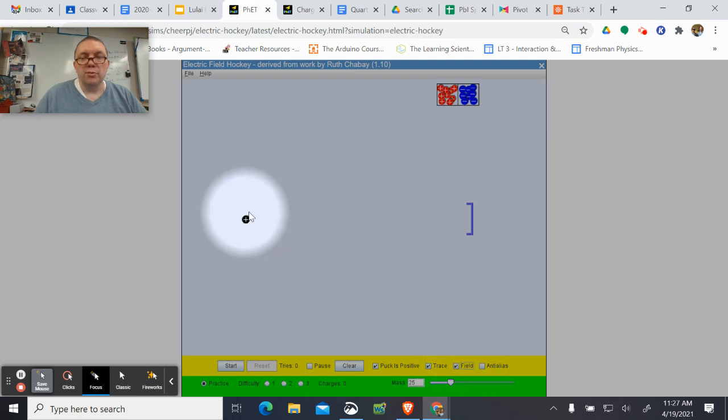Okay, so now this puck is kind of like a test charge. We imagine it doesn't create any electric field on its own, but it will be affected by other charges. These charges up here are charges that we use to make this thing move, and we're just going to try to score a goal. We want this to go in this goal over here. Down here you see there's practice, difficulty 1, 2, 3.